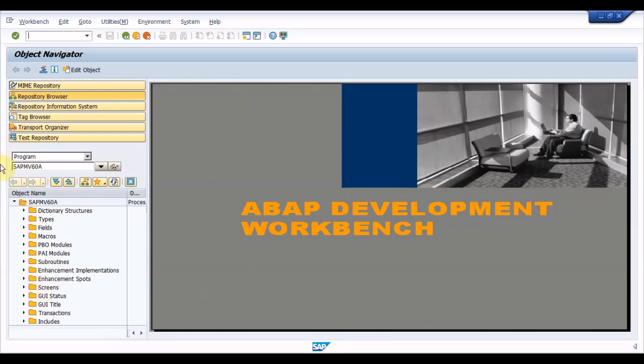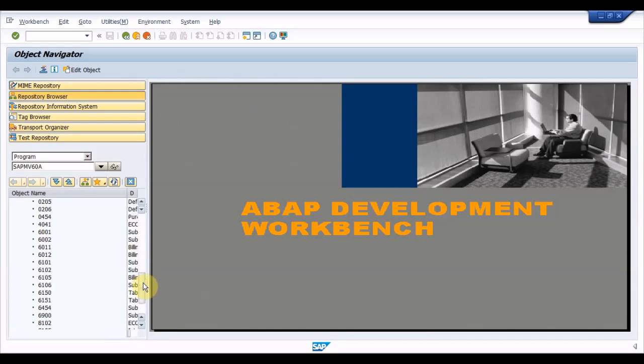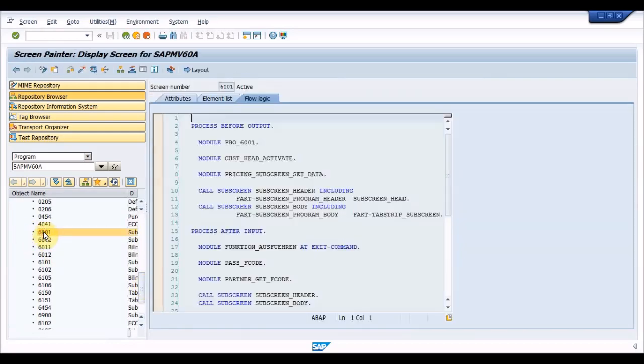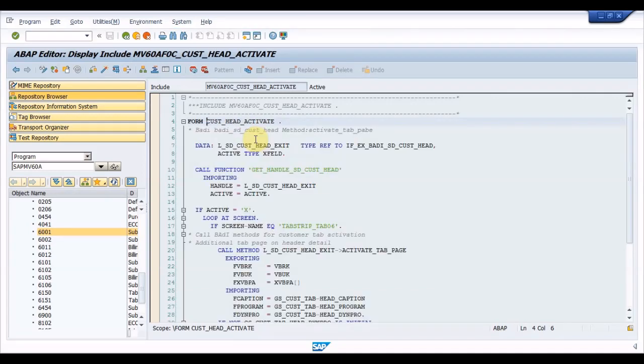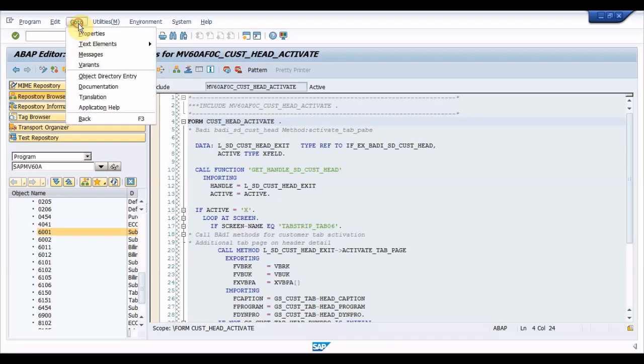Expand the screen section, scroll down to 6001 and double click on it. Double click on module cust_head_activate and double click on perform program cust_head_activate. Click on implicit enhancement button and create implicit enhancement.